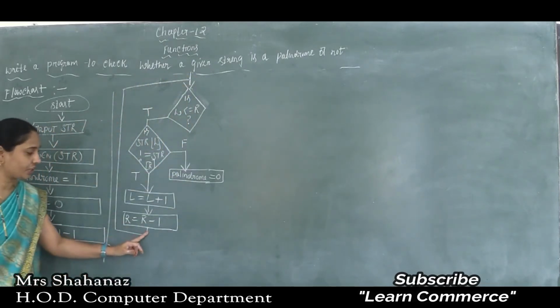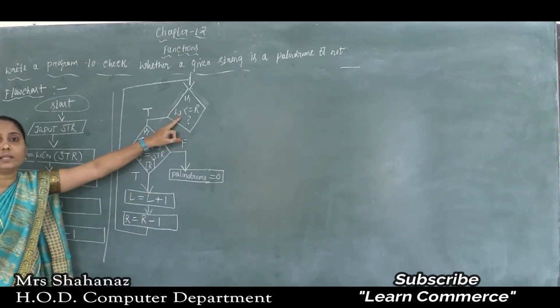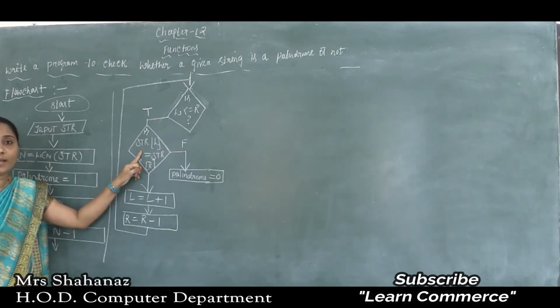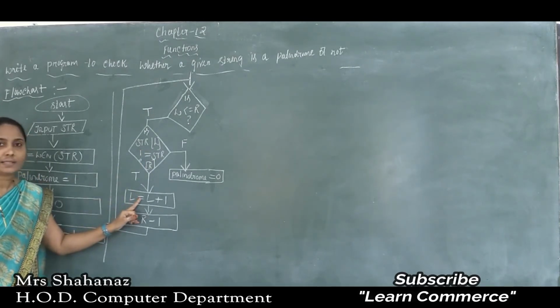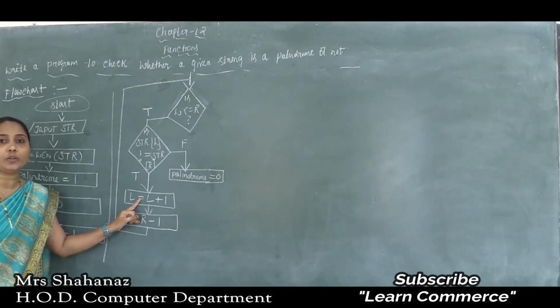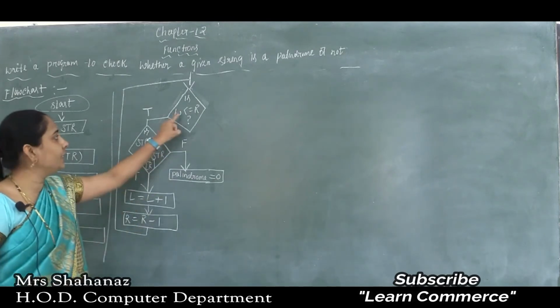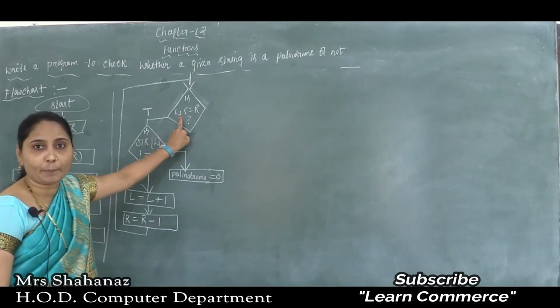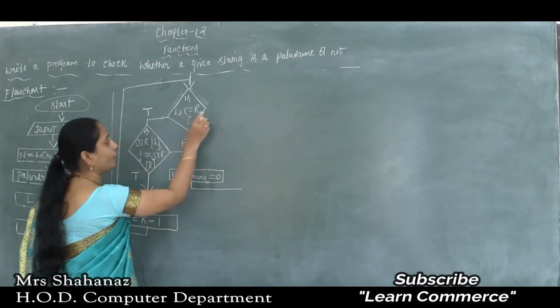Clear? So after checking the first thing, it is going to check the next character, the first position character and the third position character, and again going to check the left value is equal to R. The left value is equal to R. That means the character found at the first position and the third position, character A, both are equal. That means yes, here we need to increment L and decrement R. So it will go till the L value is less than the R value. Clear this point here? The L value is less than the R value.